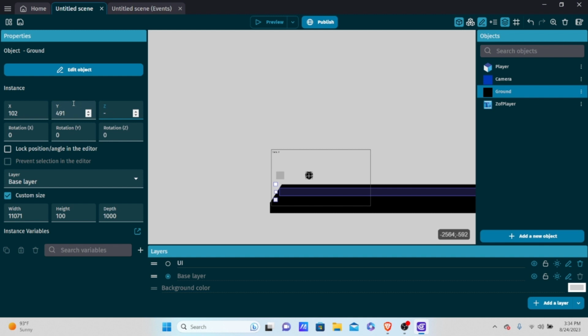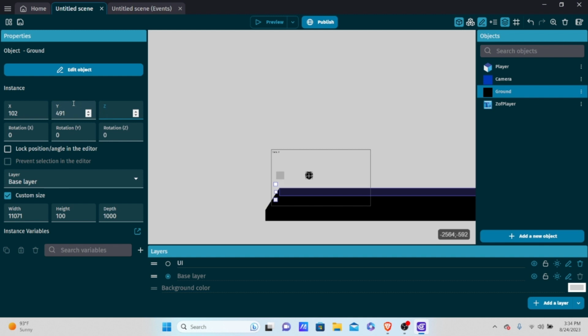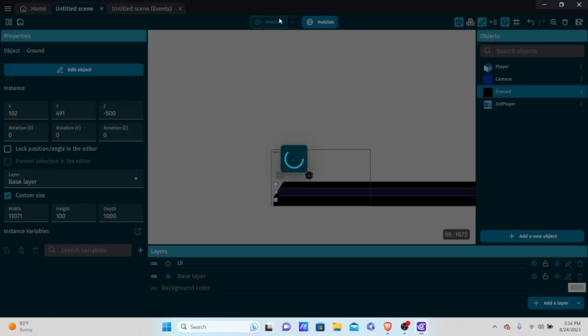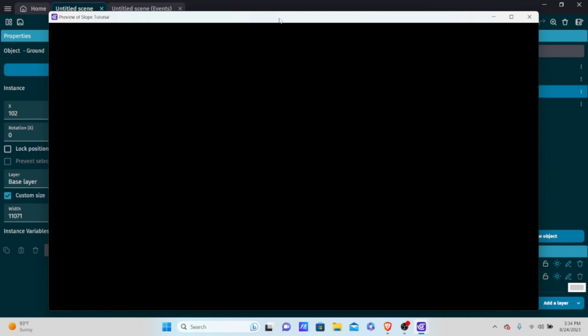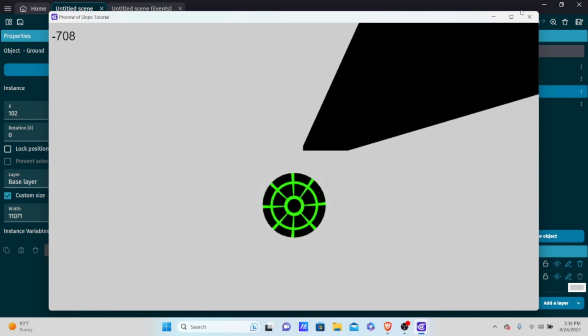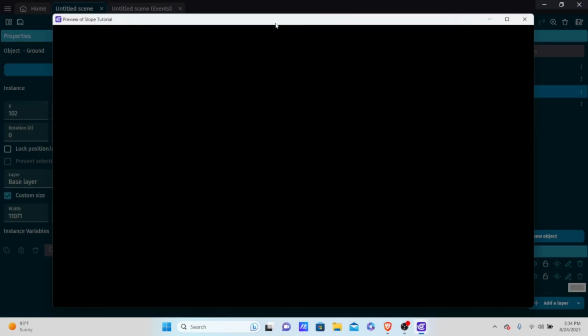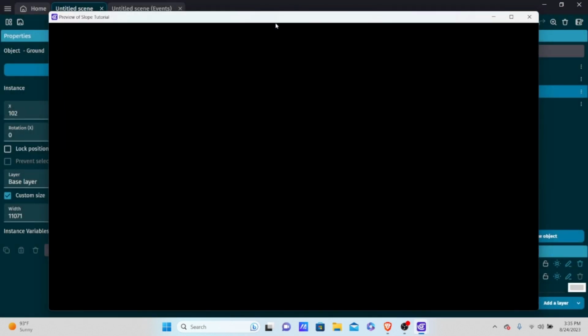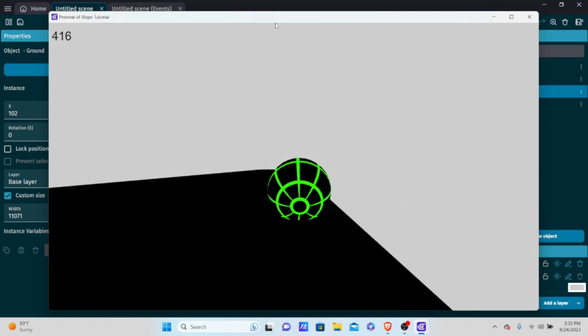We want to make sure our platforms are centered on the player. Actually it doesn't have to be centered, I just like the look of it. But if I put negative 500, it's still flexible. If I fall off this edge, it's not just a hard-coded value. Now if I fall off this edge, then I start falling. And the same thing for the other edge. If I fall off this righter edge,